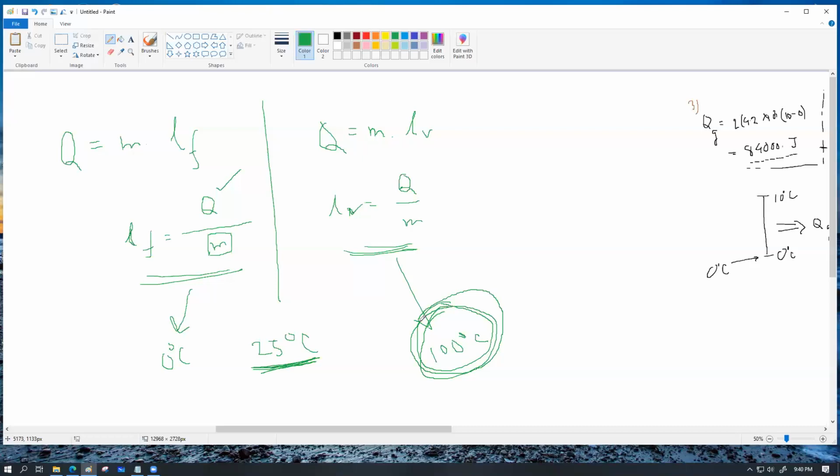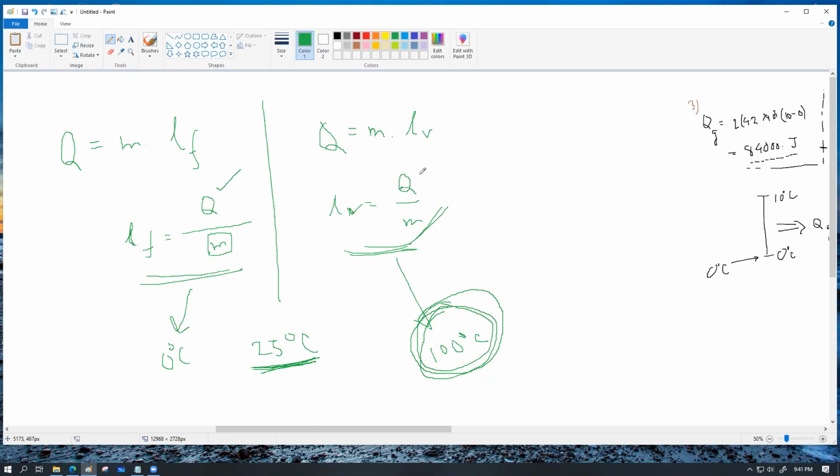Some heat would be lost into the surrounding because now your experimental setup is the warm object and the atmosphere is the cooler object. So heat is not going to get in like earlier, rather heat is going to go out because of the reason. So in this case, if you consider this equation, the Q value that you are going to calculate out from your power into time, all of that heat would not be used to actually boil the water. So the measured value of Q that you are going to use is going to be somewhat bigger compared to the actual amount of water that was boiled, because some heat has been lost to the